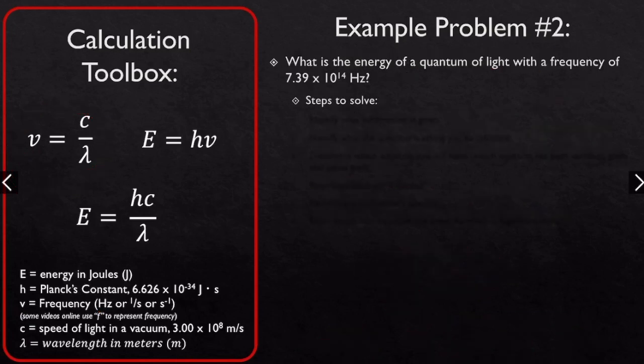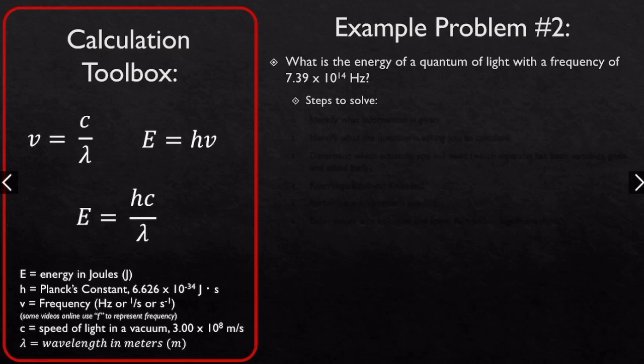For this one, the problem says, what is the energy of a quantum of light with a frequency of 7.39 times 10 to the 14th hertz? So this problem has a lot of fluff in it. What I mean by fluff is it's got some words in there that might throw you off and make you feel like you have no idea how to solve this problem. In reality, all you have to do is follow the steps: identify what information is being given and what information you're being asked to calculate. If I ignore the information about the quantum of light, which is just another fancy way of saying a photon,